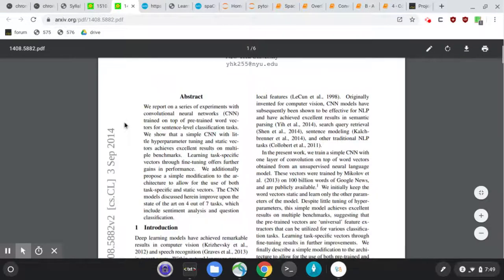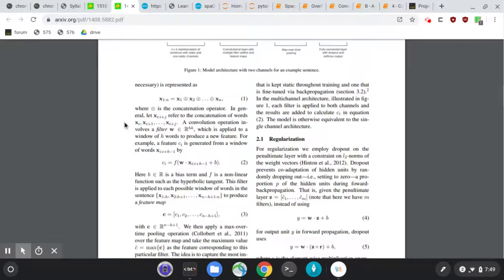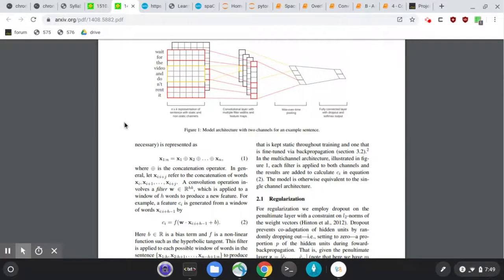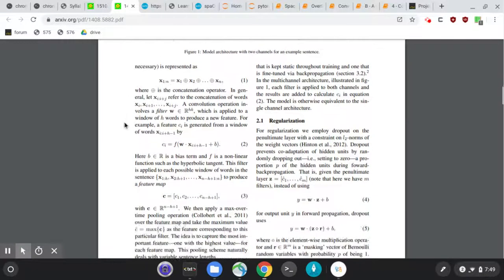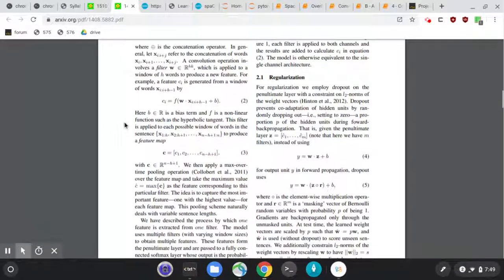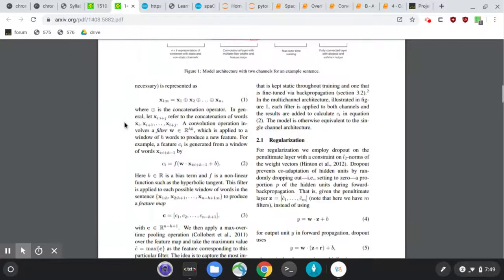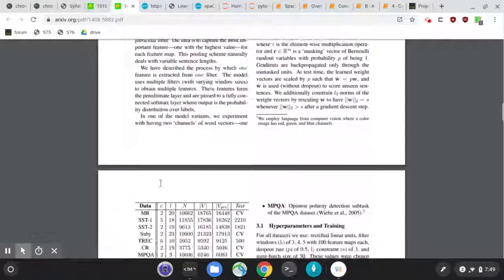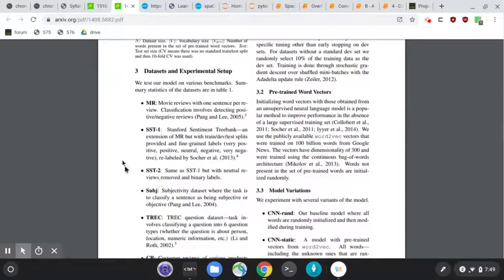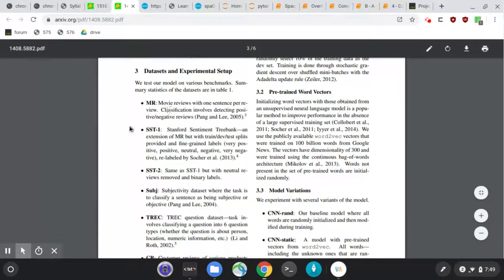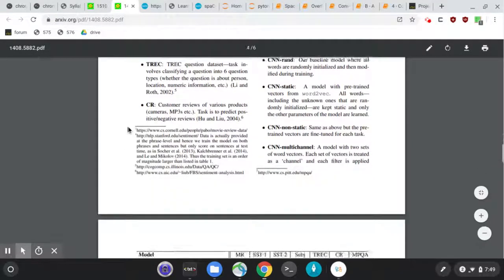Yeah, literally the title of the paper was CNNs for Sentence Classification from 2014, and what activations? Good question. I don't think I can eyeball it here. Oh yeah, so here he says f is a nonlinear operation such as a hyperbolic tangent. So I don't know if he's talking about ReLU, but yeah, it's just a 4-page, not 4-page, 6-page paper, and